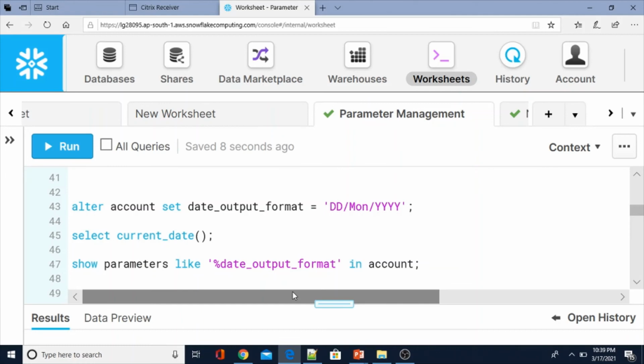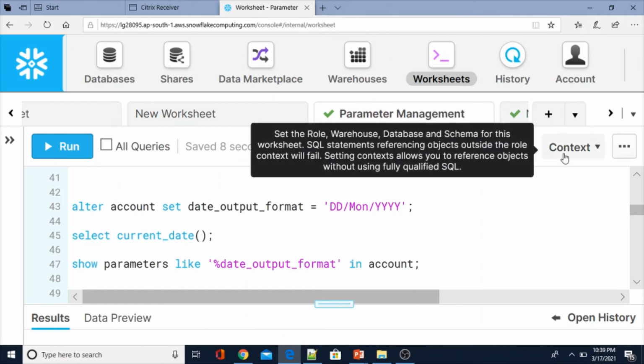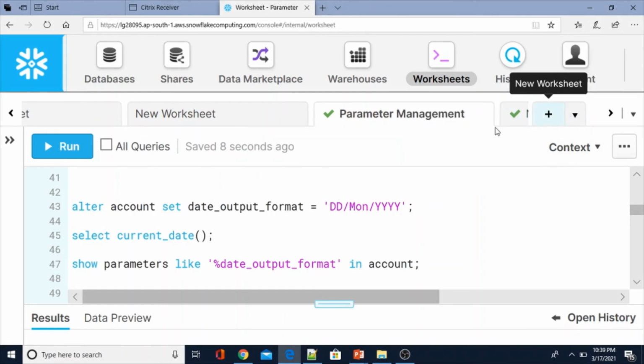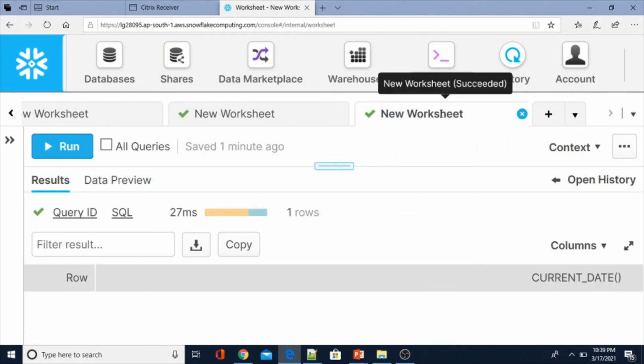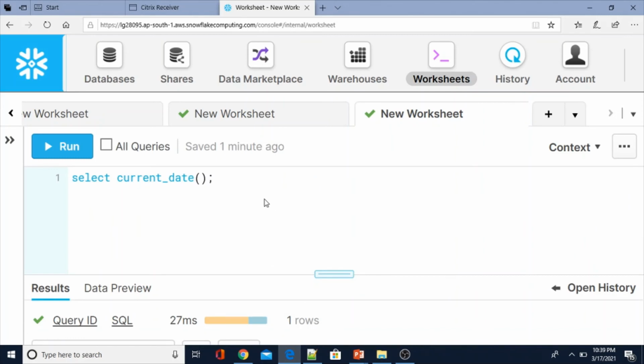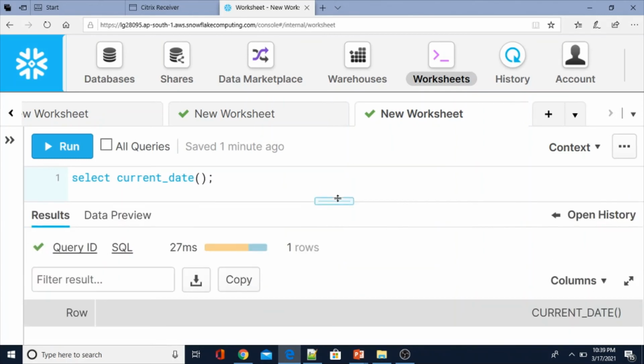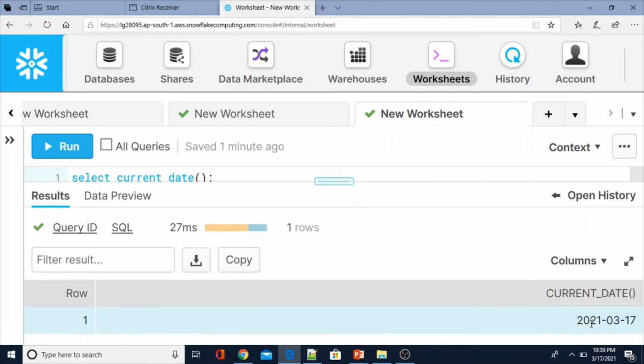Now whoever connects or opens a new session, this user or any other user, I will show you both cases. Let me go back to the previous session which I opened. This is the one session I opened. The output was YYMMDD.